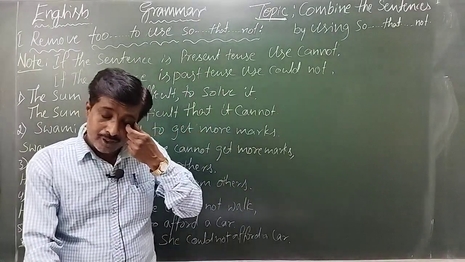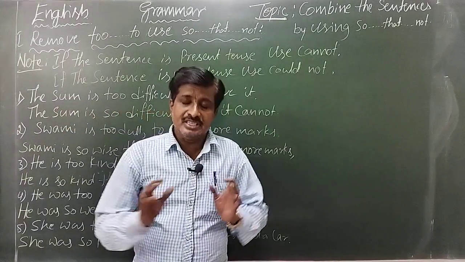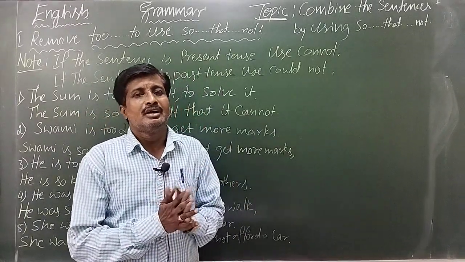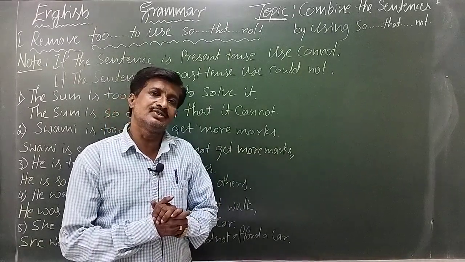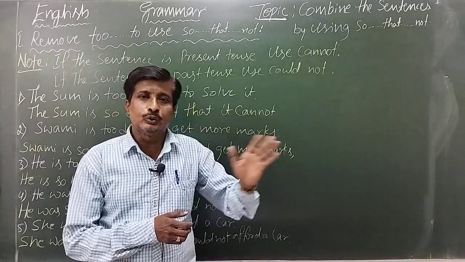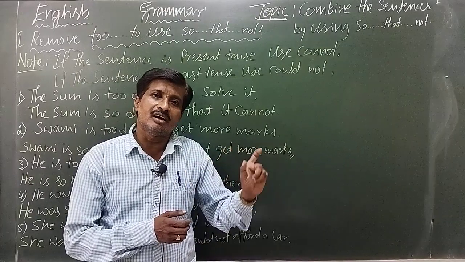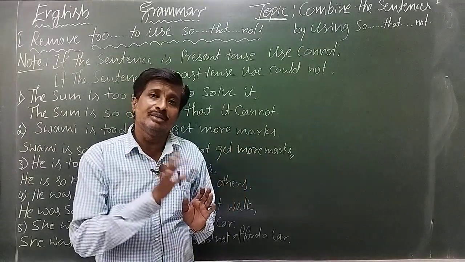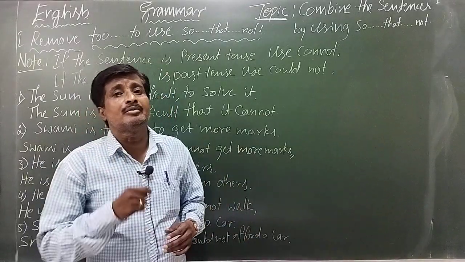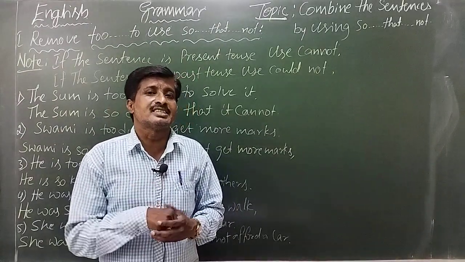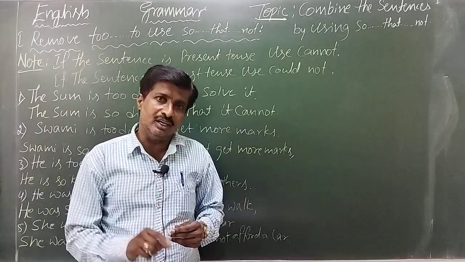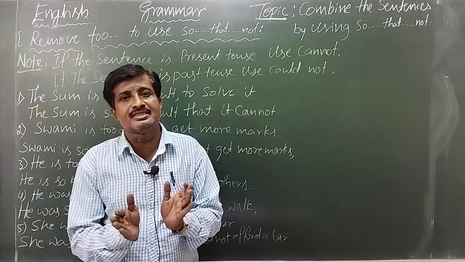Dear children, in the first version, if you heard this one, really it is very easy. Combine the sentences by using too, so that not, either or and neither nor, not only but also, like this. These are easy. But why today, what is the special in it, today's discussion? It means you have learned only how to combine the sentences by using